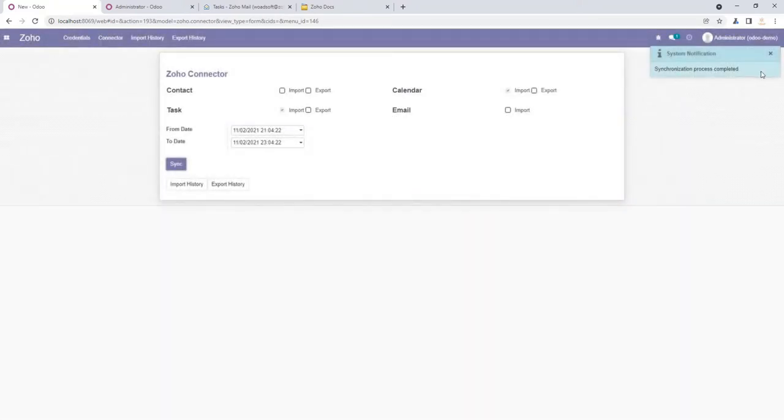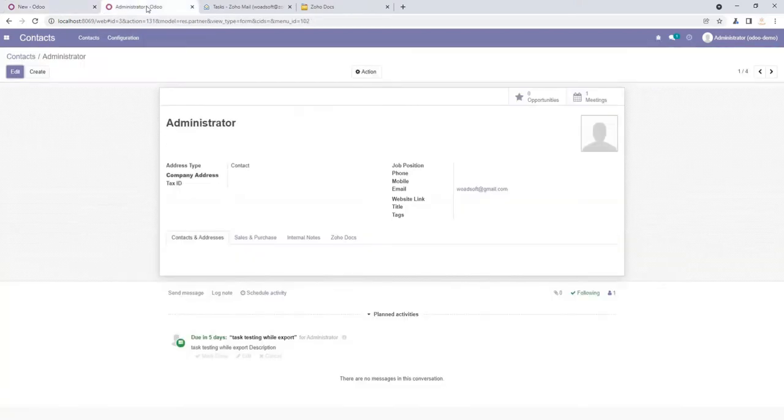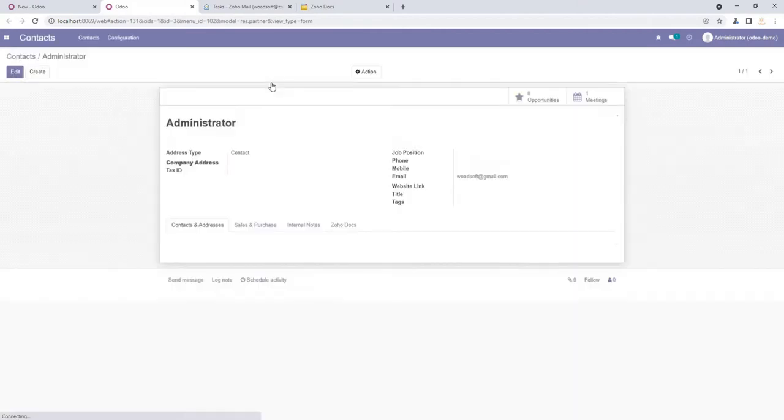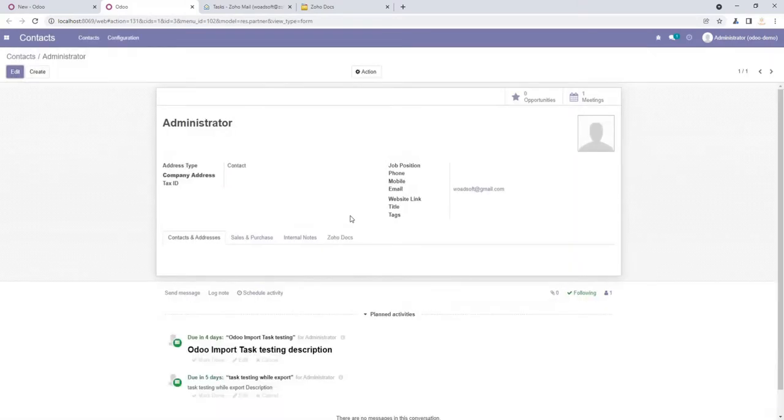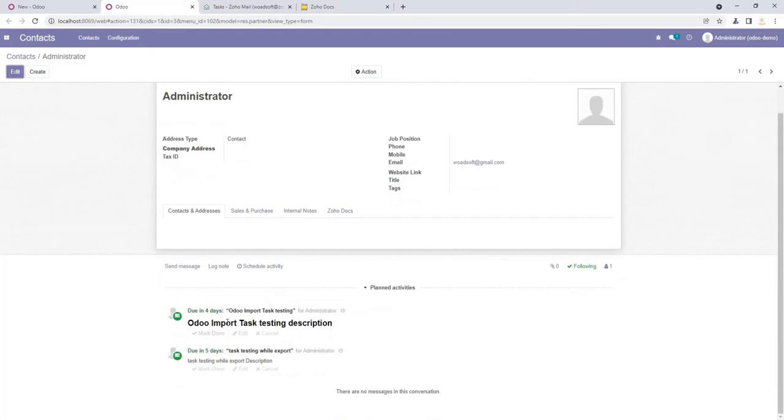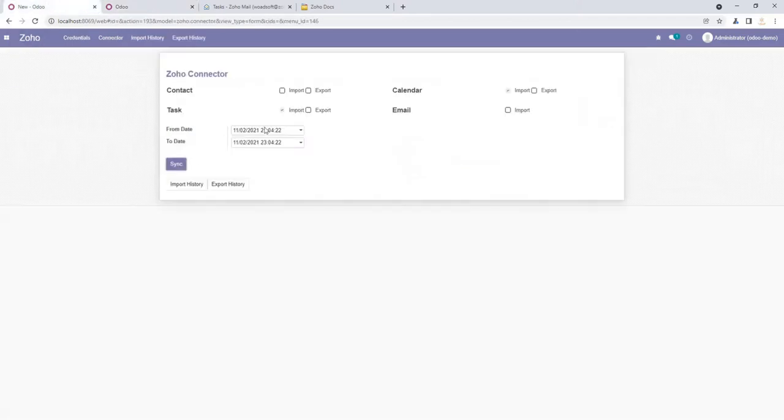So the synchronization process is completed successfully, and I am going to check in contacts. So I just simply refresh the page. So as you can see, the task is imported successfully. Okay, so both operations work perfectly.